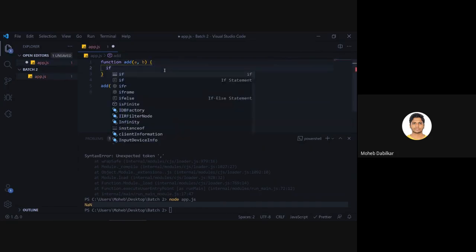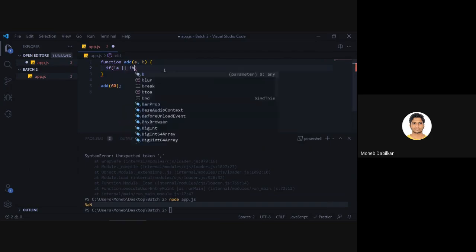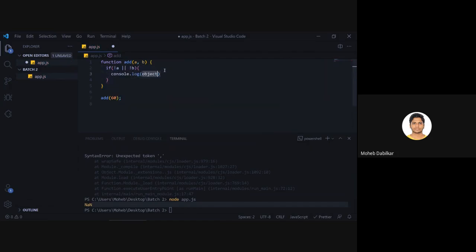So now we can say if no a or no b, we'll just console log missing one of the variables.